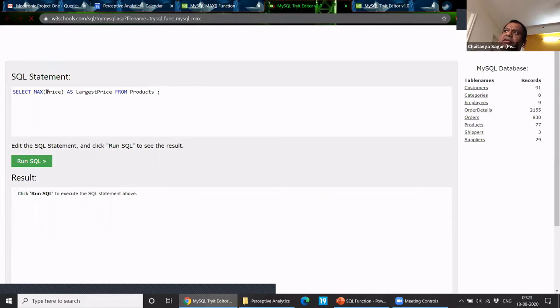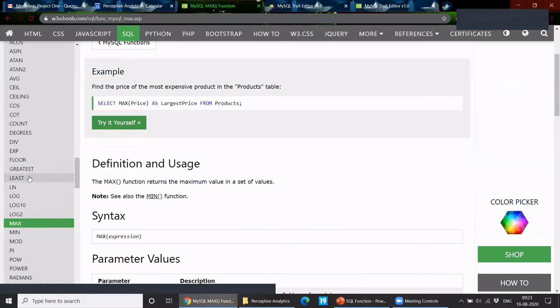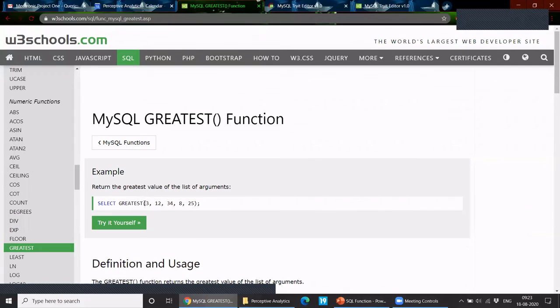Correct. So in that case, is there a difference between max and greatest, or is it the same? For greatest, you can't give the column name. You will have to give the specific list, for example, specifically giving the numbers, like 5 numbers or 10 numbers. You have to give their values, and then it will find the greatest number.